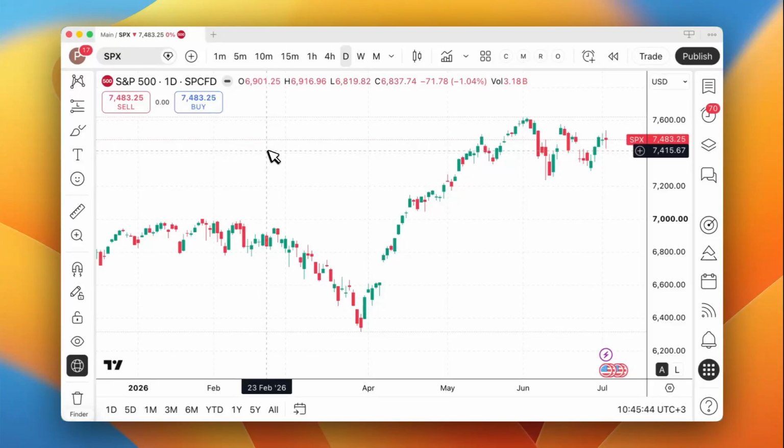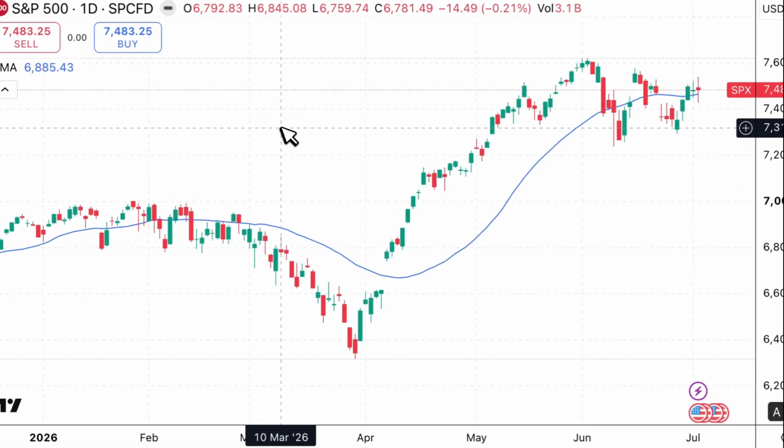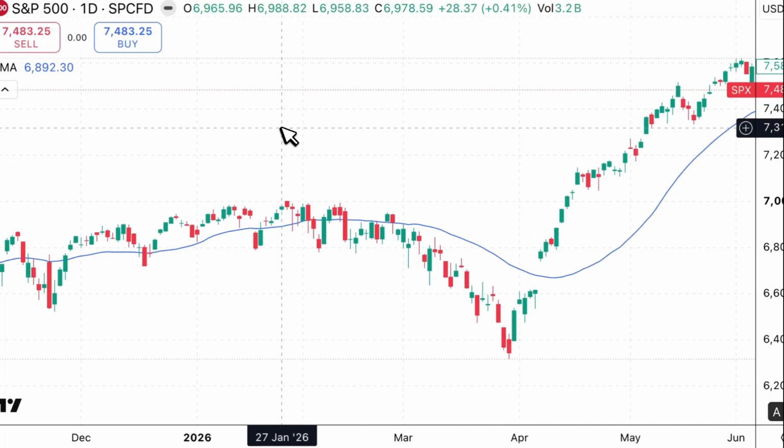These are the three major functions of moving averages. Let's add the MA30 to our chart. So now we have the MA30, first function,